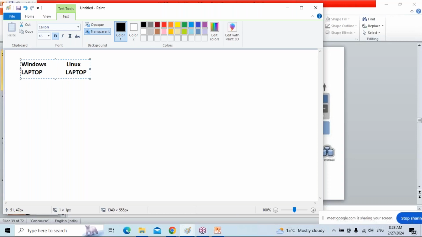Assume that each laptop costs 50,000. I have to invest 1 lakh rupees to practice Windows and Linux.